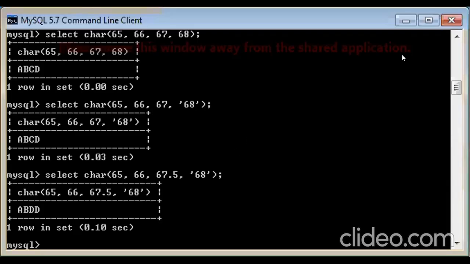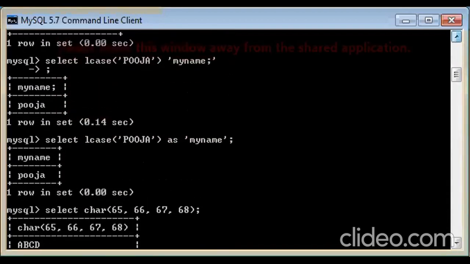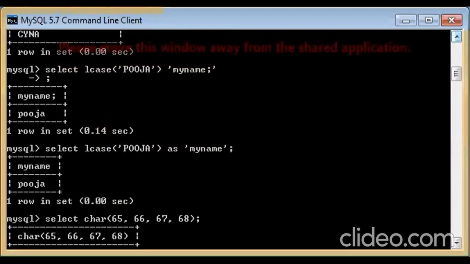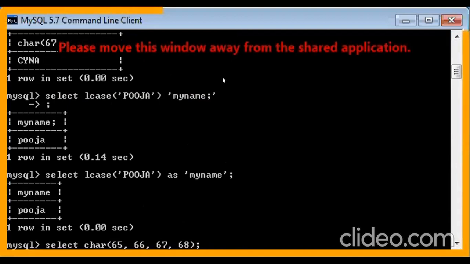Yeah, so you can see it on the console. See, I just wanted my name in lower case. So you can use L case and then put the string inside it. This is not required. If you just put L case and Puja, that will also work.